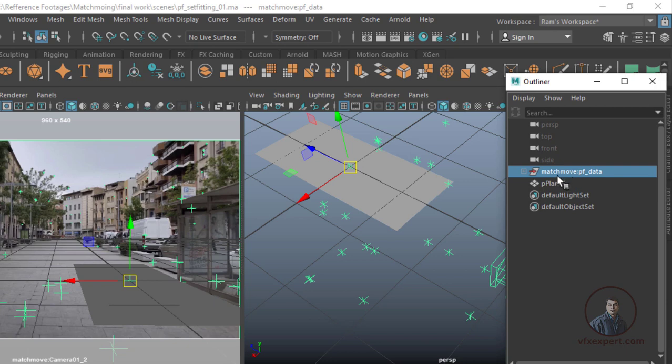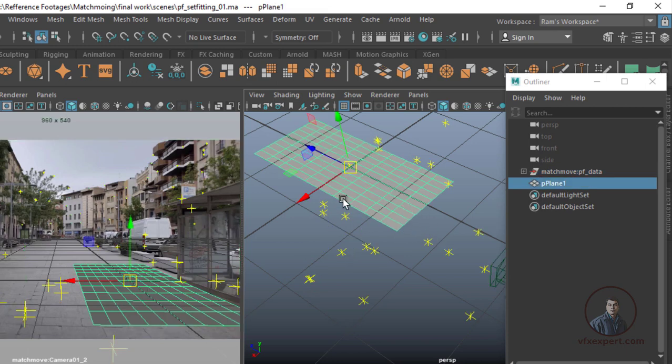Now I am going to shift our original scene pivot point to these points. For this, hold D and V, and snap onto this point. After this, select your plane again, and I am also going to adjust this plane's pivot point onto this corner.